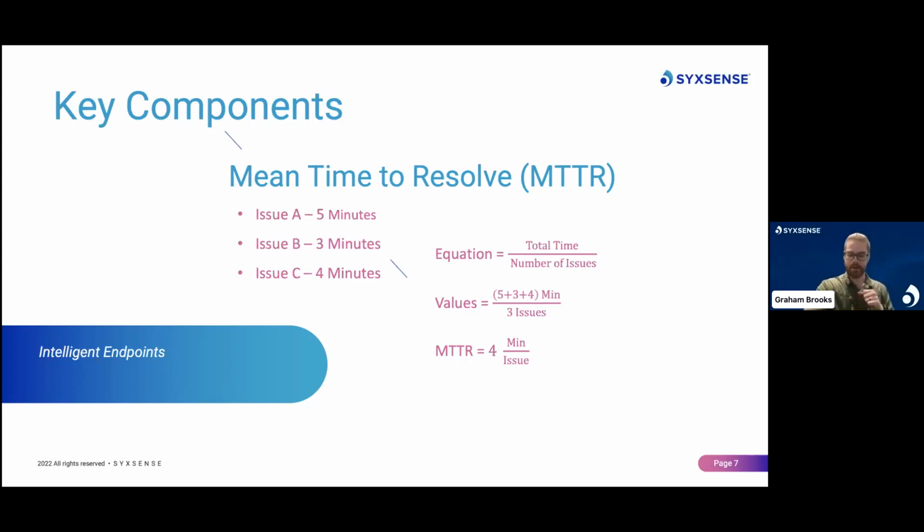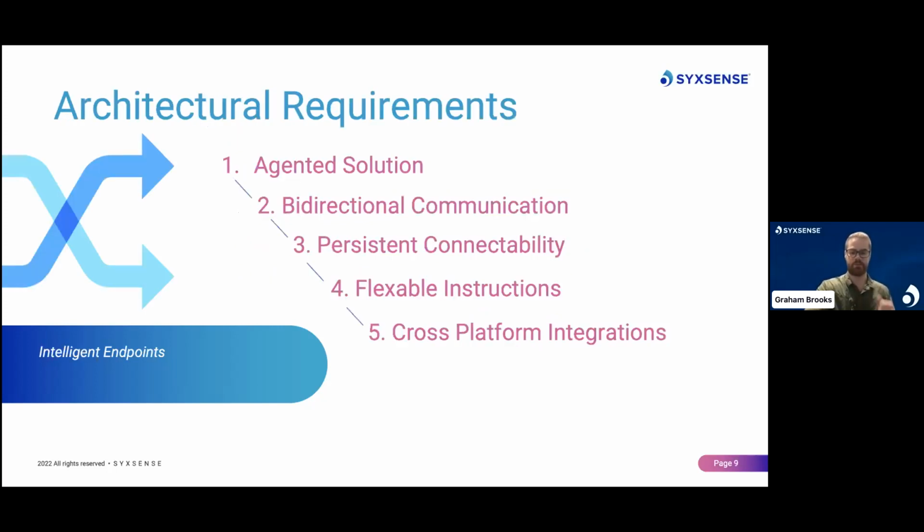And to do that, we have to talk about some nuts and bolts. What components are required for an intelligent endpoint tool to work successfully? And how do we build an intelligent endpoint solution? And personally, I think there's 5 architectural components that you need to look at when building this kind of solution. First, the solution must be agented. Then the communications channel between the agented assets